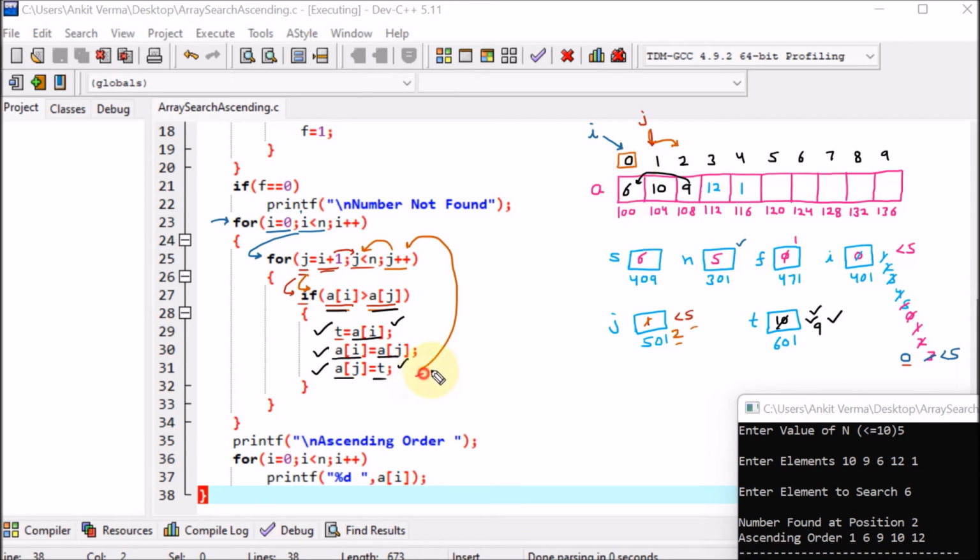Then afterward it will go back again and the value of j will be incremented. Now here you can see that again the value of j is incremented to 3. So here we can see that j is now on the 3. Still the i is same on 0. So again this time we are going to match ai and aj. So here ai is 6 and aj is 12. So is ai greater than aj? No. So inner part will not work. Again go back. j will be incremented.